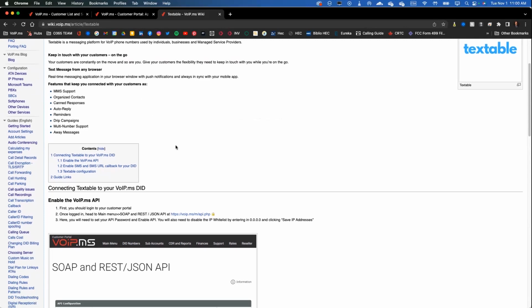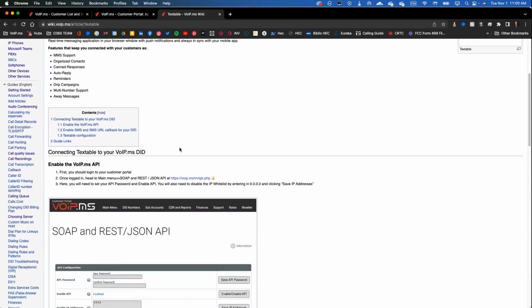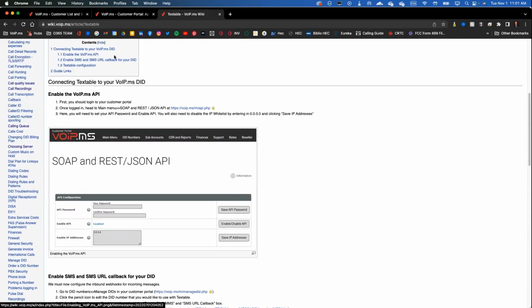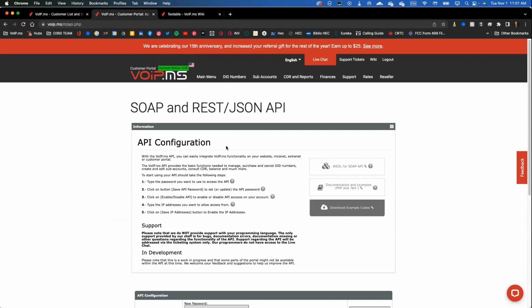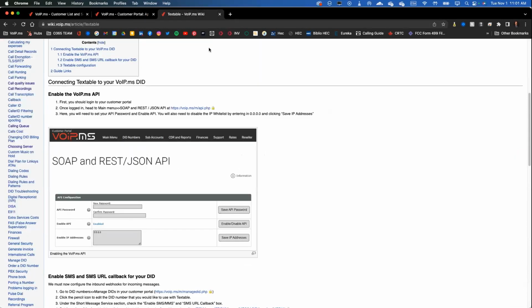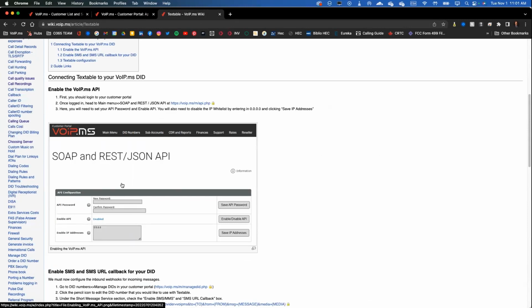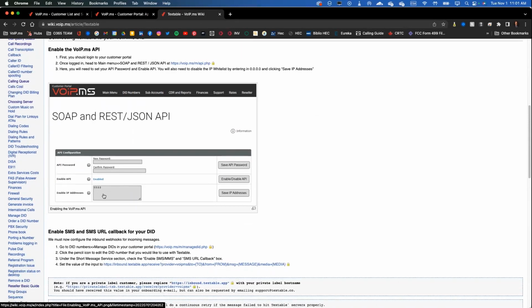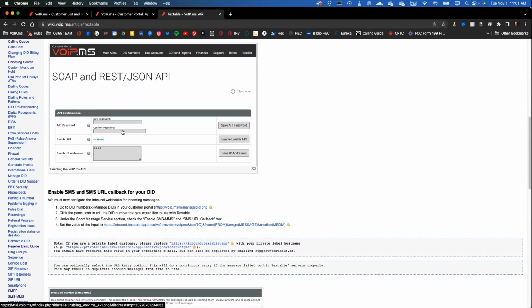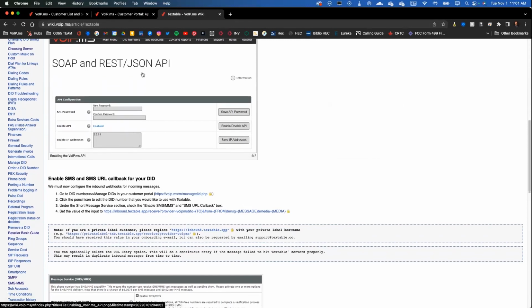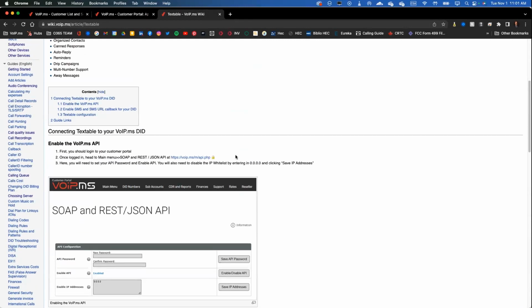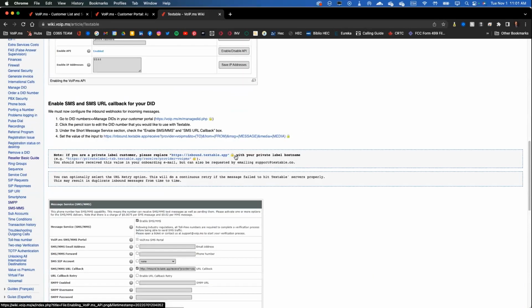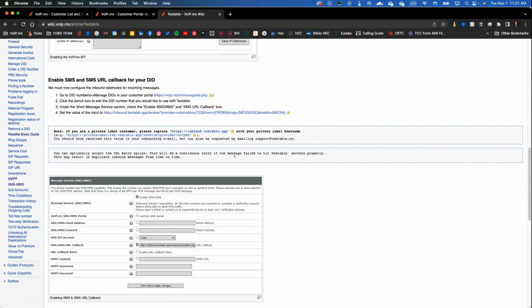After that, it's how to enable Textable with VoIP.ms. You have to go into your customer portal, you go here, you get the API, and you follow the steps here. So you just need to enable it with this IP address and confirm a password, and I think the password will be your API key within Textable.